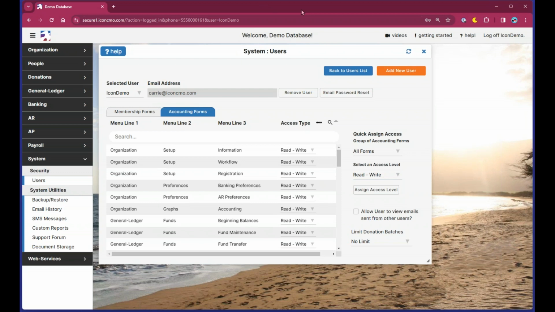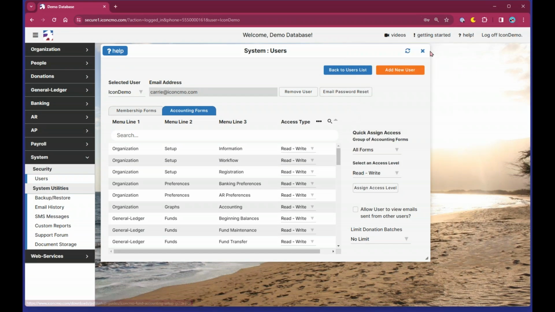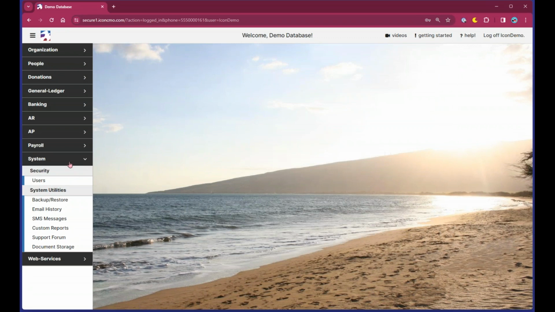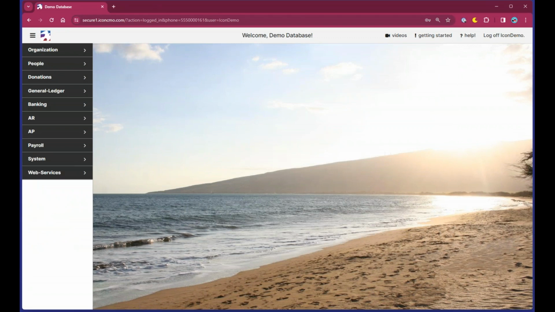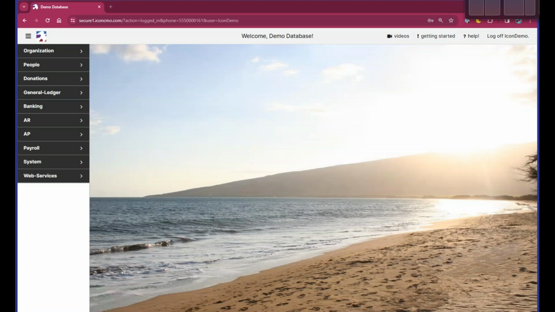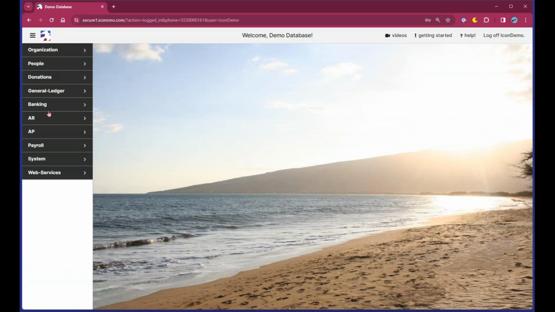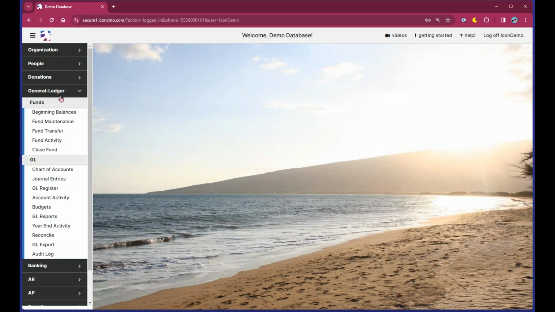Okay, so now that we've got that piece with all the access and permissions and such, let's move on to the actual chart of accounts. Well, I tell you what, my go-to is being fussy today. Sorry. Okay, so chart of accounts, if I go under general ledger and I click on the chart of accounts,